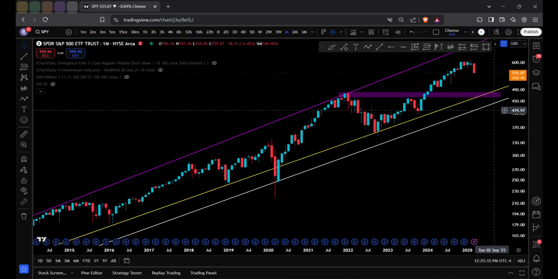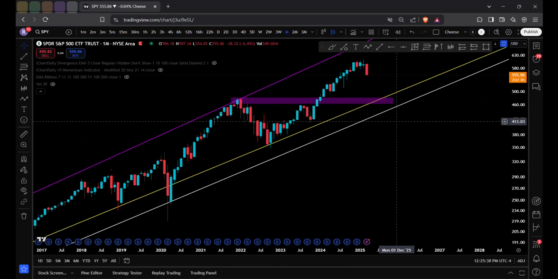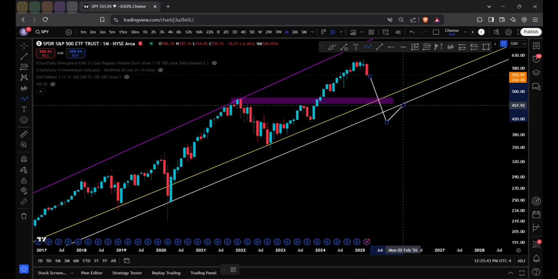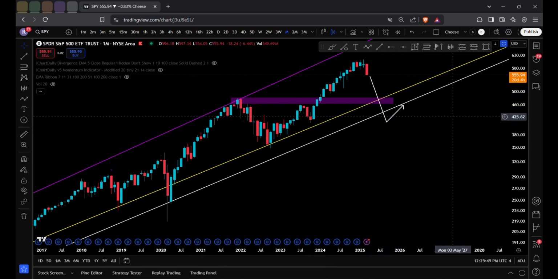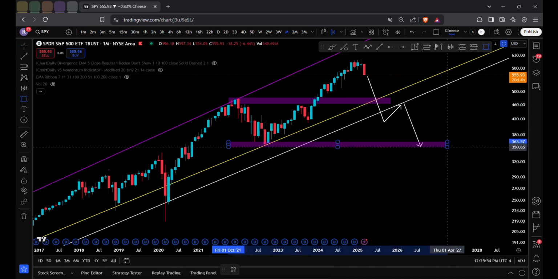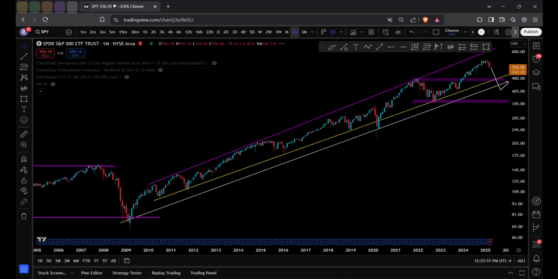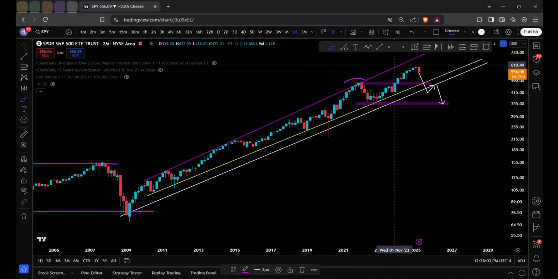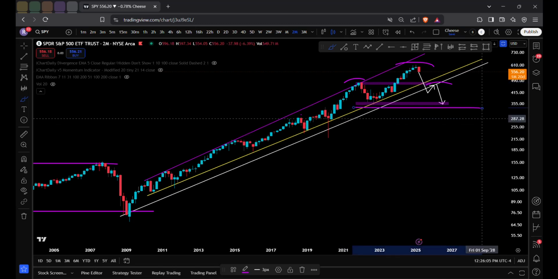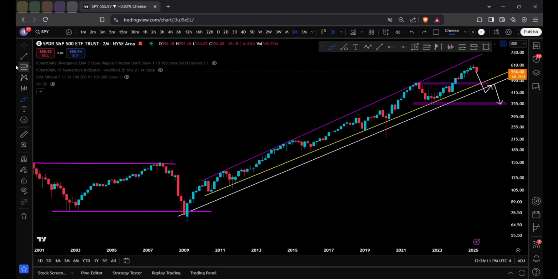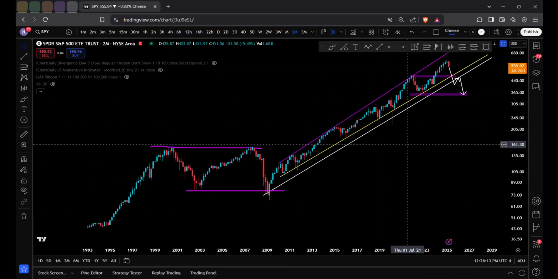If we fall through this level here of, let's just say 450 to 413, and we do something like this, then we do something like this and retest this 450 but below the white and yellow line, and then we do something like this, back to this level here. But the most important thing is, if you look long term, that would be the first time that we break market structure. That would form a huge inverse head and shoulders. This would be your neckline. We would be falling down to 200 and potentially over here. But that's very rare for that to happen.